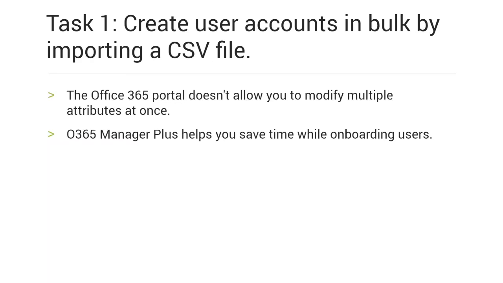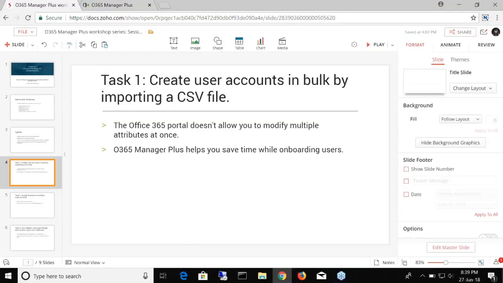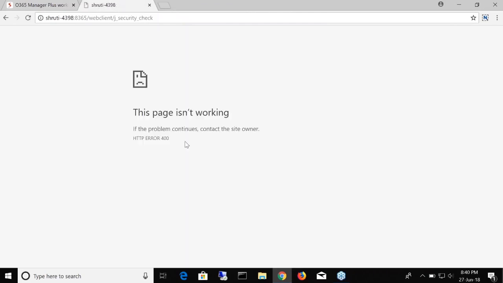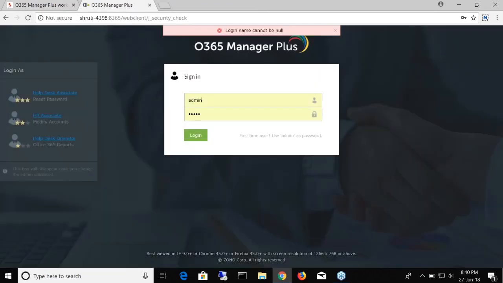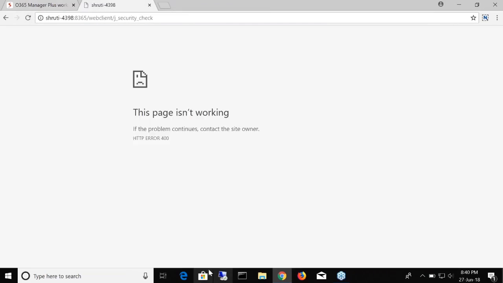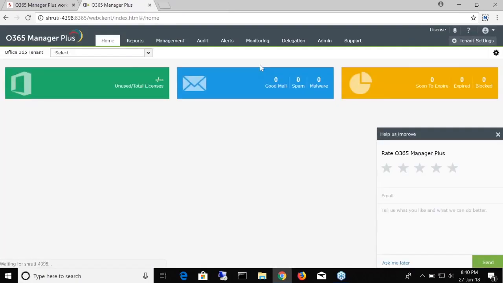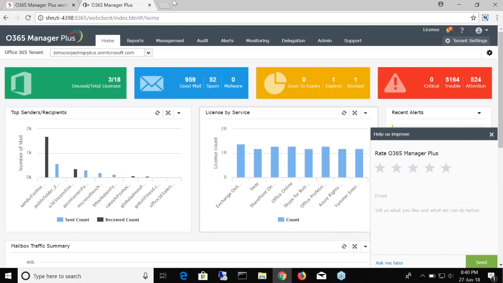Now I know that our topic is user creation right now, but bear with me for a minute. I'm going to switch to the product screen. I'm going to log in. Oh, great. Hold on, just give me a minute. I will log into the tool. Okay, so I had that screen on for a really long time. Anyway,